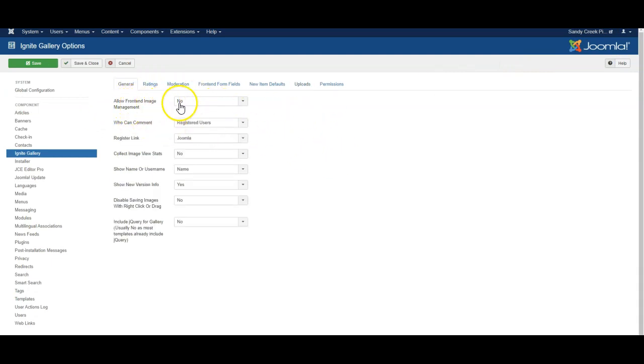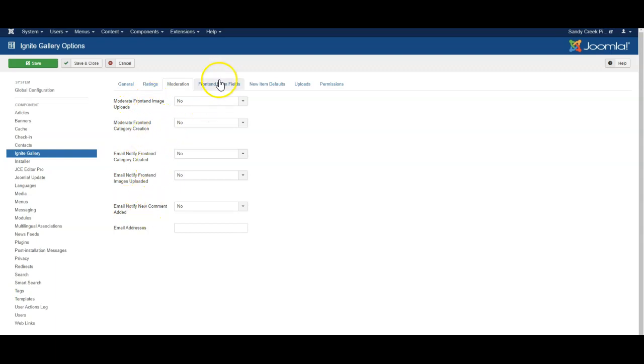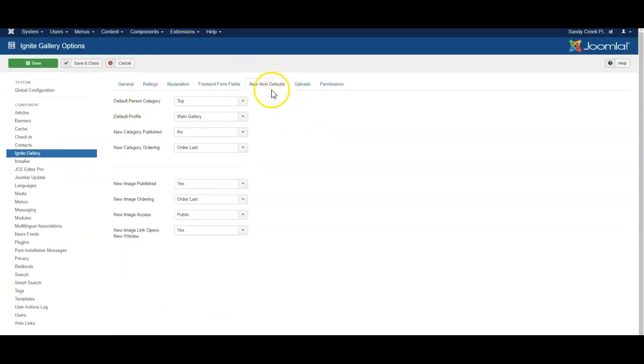So here you can allow or disallow users to edit images from the front end, and you can allow or disallow ratings, set up whether images being uploaded will be moderated or not, and also allow various other front-end features. A very important one is the new item defaults. So you can default where categories should be created, and I would like them all to be under main category in this case. I can default new categories to be published, default new images to be published as well,